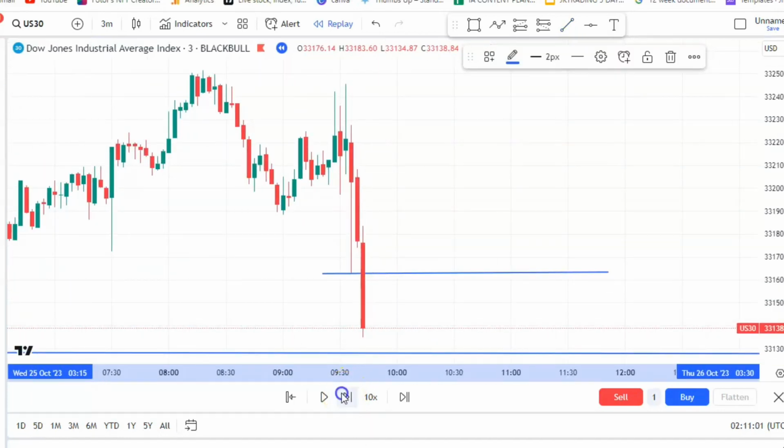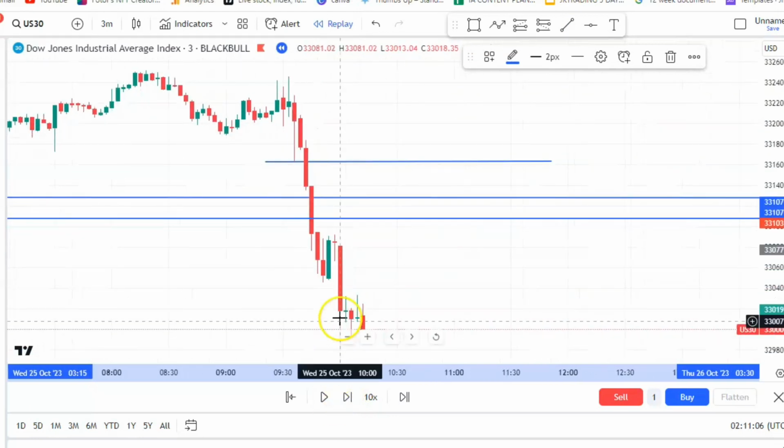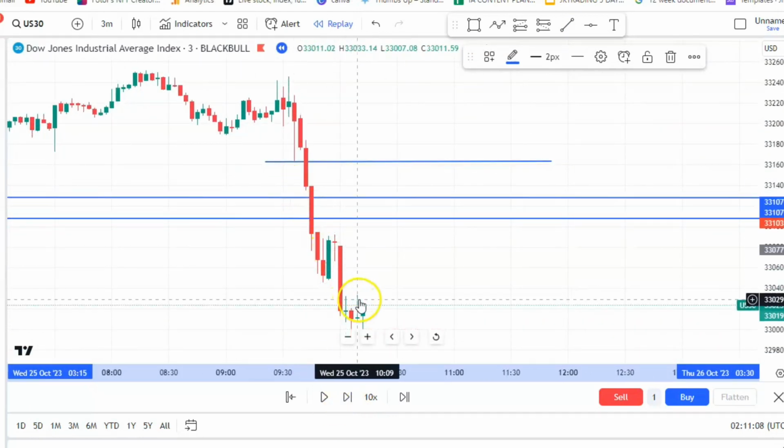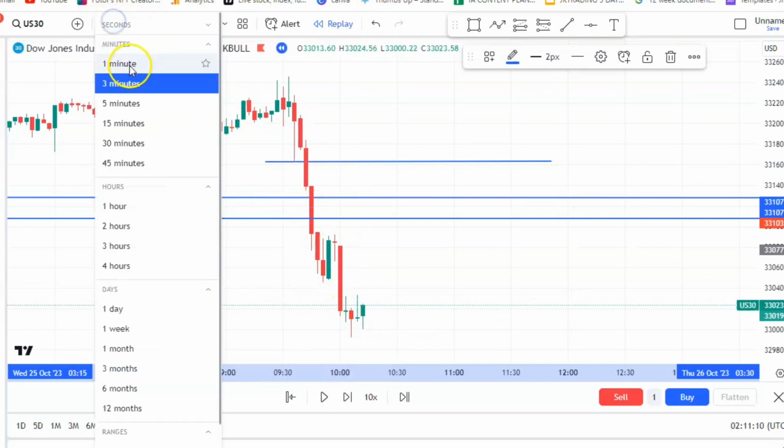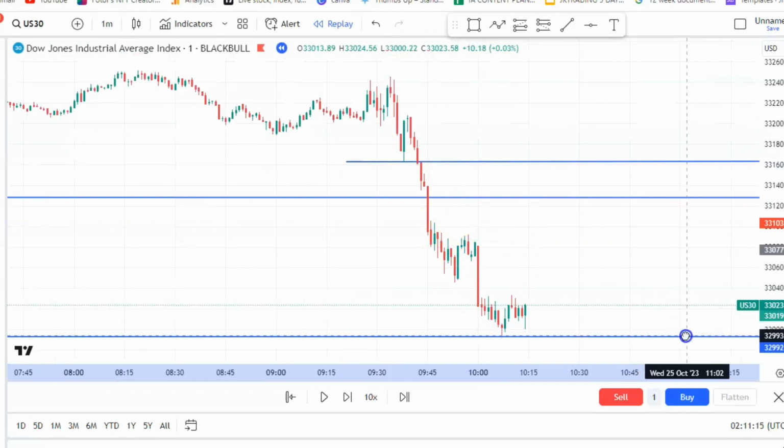Yeah, so let's wait and see. Price breaks out in one, and we have 1 push, 2 push. This being the 3rd push, I am going to the 1 minute time frame. Now, in the 1 minute time frame, I'm looking for